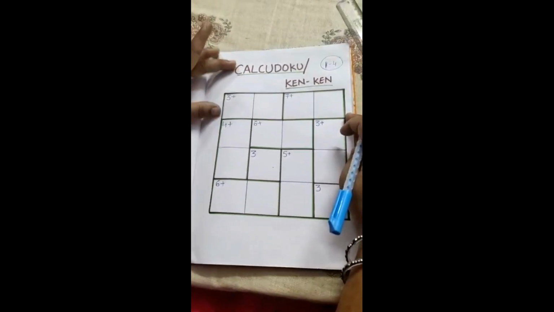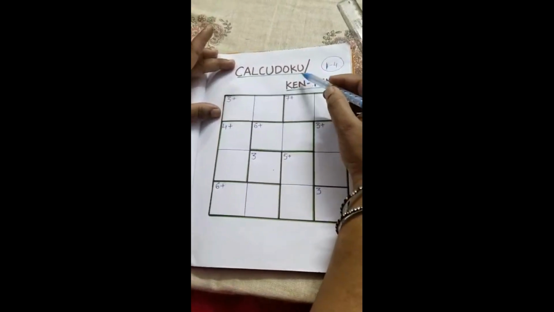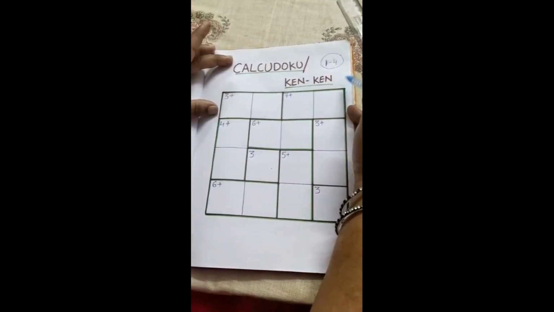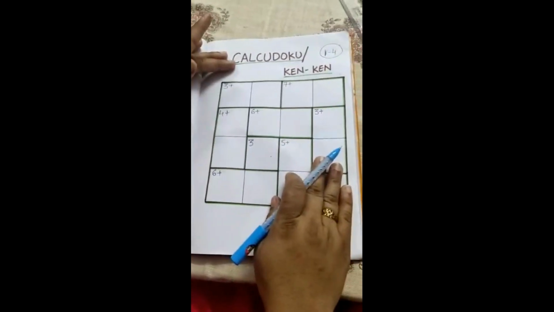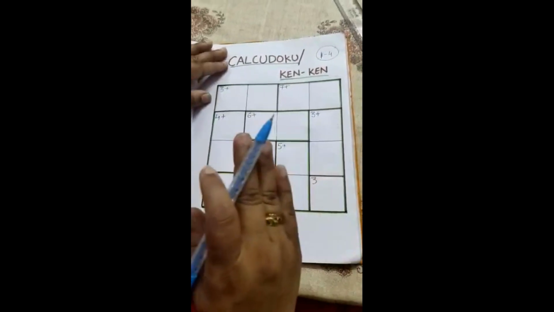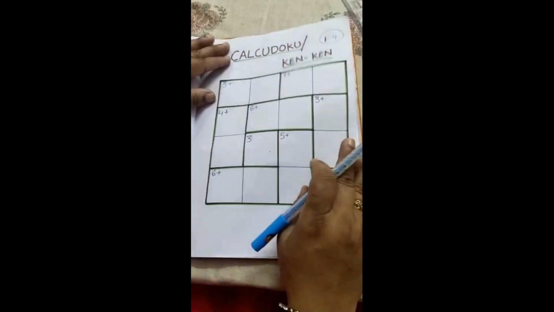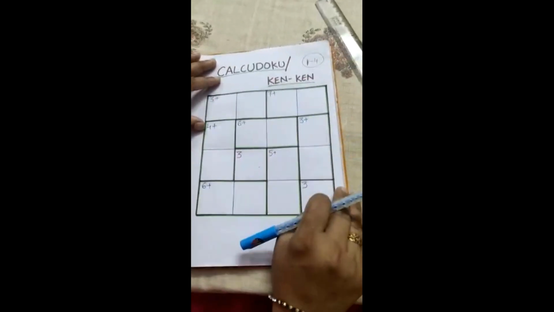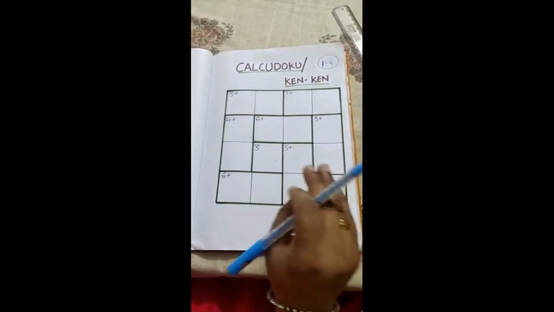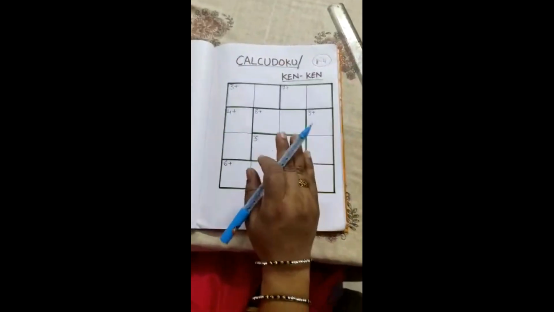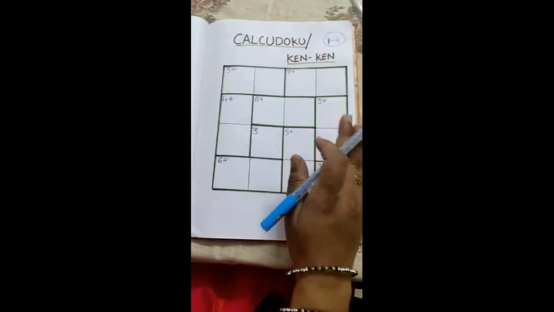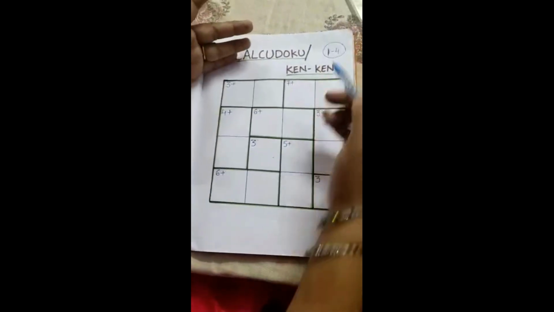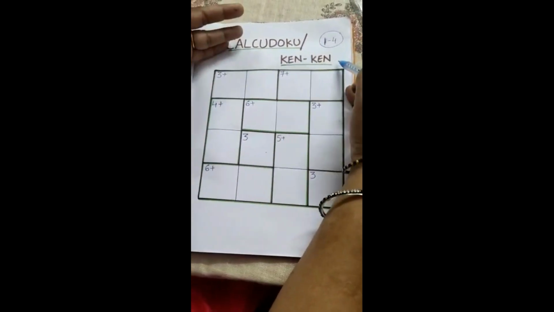Today in this video, I will show you how to solve a Kalkidoku or Ken puzzle. This is also called a Kendoku puzzle, which are the names of a style of arithmetic and logic puzzle invented by the Japanese. Mainly, these are intended to be an instruction-free method of training the brain. The meaning of Ken is cleverness.